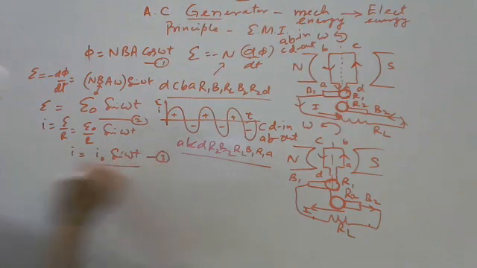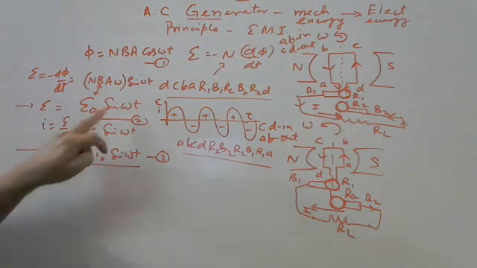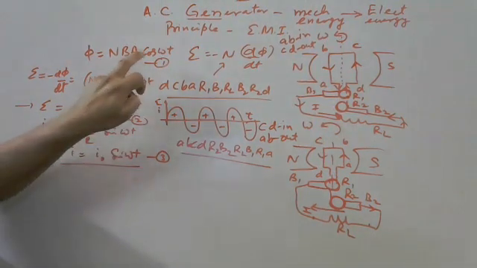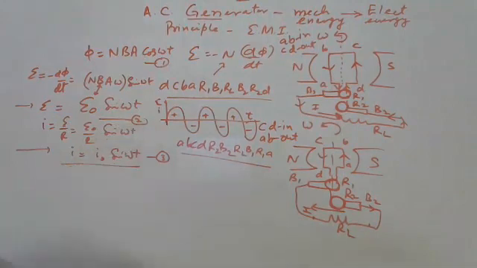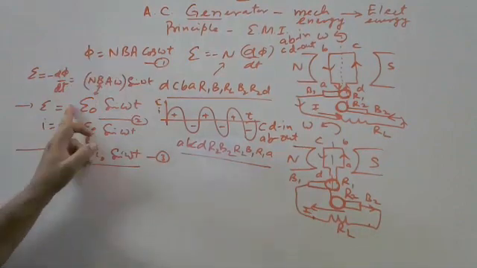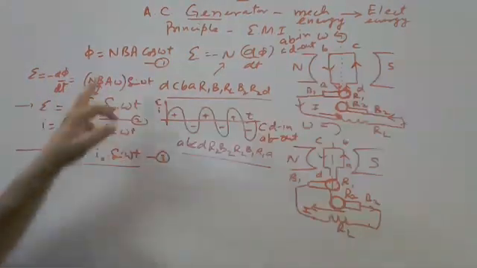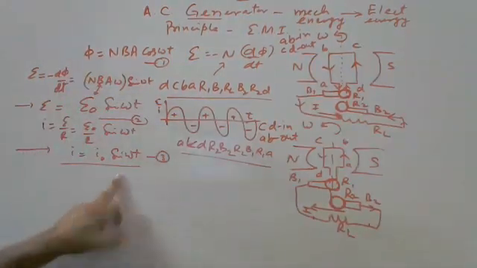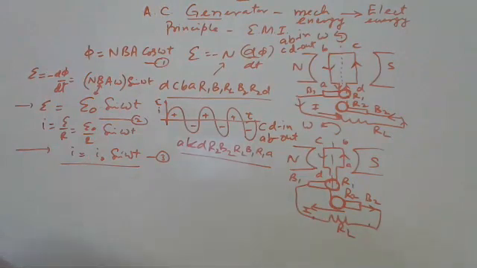So you can see here current and voltage are in phase, but there is a phase difference of 90 degrees with the flux, because this is a cos function and this is a sin function. Cos and sin functions are 90 degrees apart in phase. So the phase difference between the flux and the induced EMF is 90 degrees, and the phase difference between flux and the current is also 90 degrees.